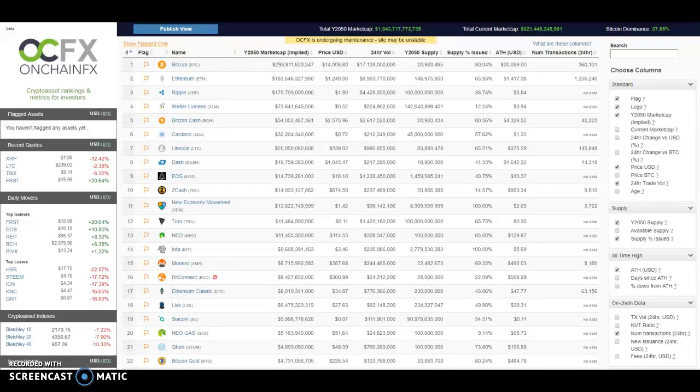Invested505.com, and today I want to talk about on-chain FX. Now, on-chain FX is very similar to CoinMarketCap, with the difference that CoinMarketCap.com will give you the information as far as the exchanges for purchasing of these assets, and on-chain FX is more for reports and a quick overview, like a dashboard of everything that you need to know all in one, and it's very customizable, which makes it unique